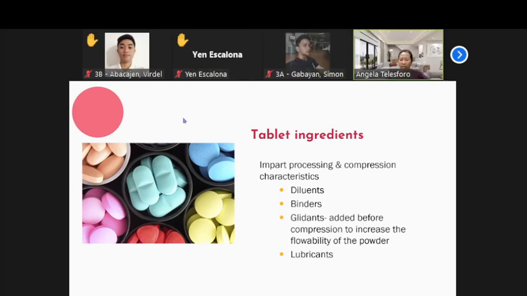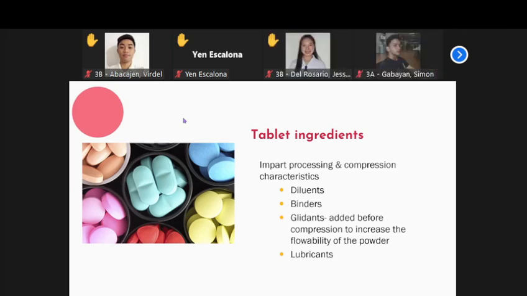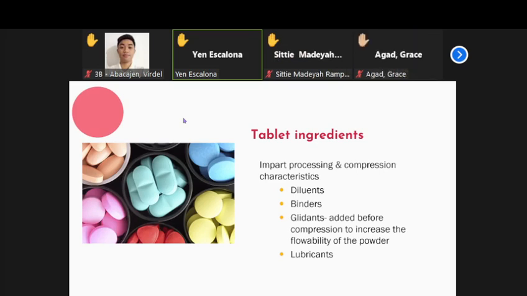Escalona, what about binders? What are binders? Wait po, ma'am, kay for milk kay ang binders kay parang support sa tablet para maging strong siya at